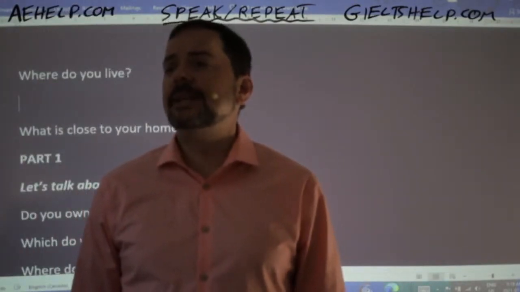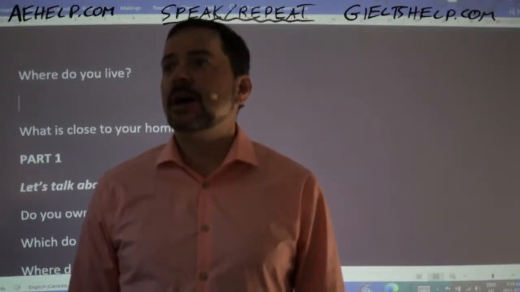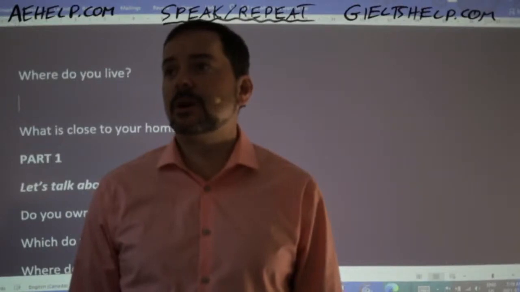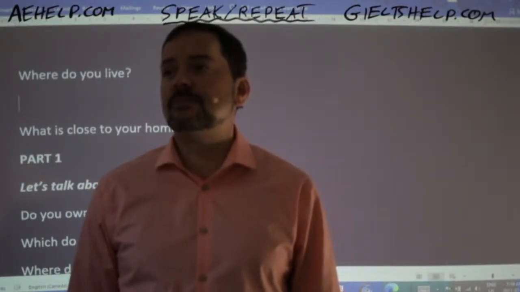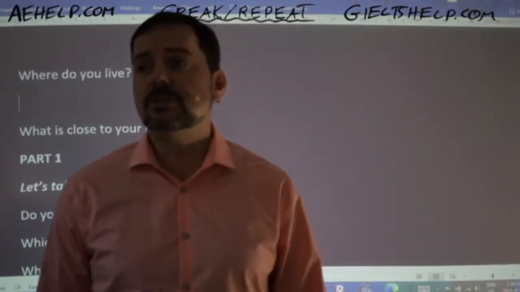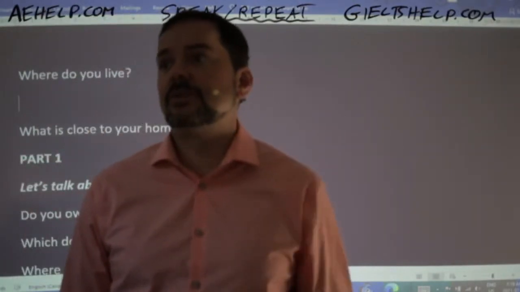Okay. Desmond says, I live in Changping, a district of Beijing. It's a district situated in the suburbs in the northwest of Beijing with a population of about 2 million people. Okay, Desmond, and do you live in a house or in an apartment? So where do you specifically live? Okay.